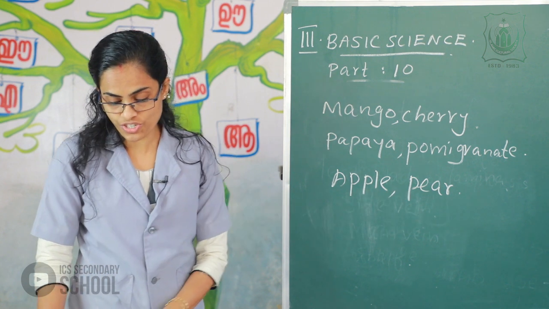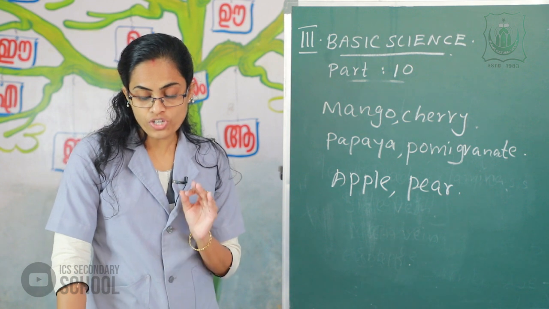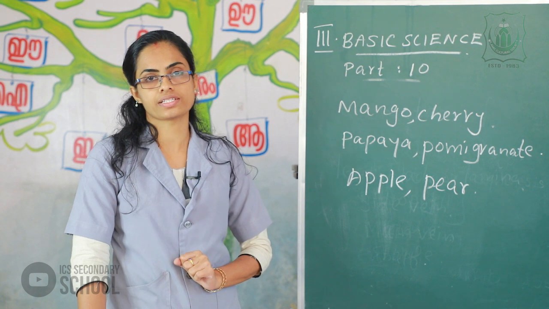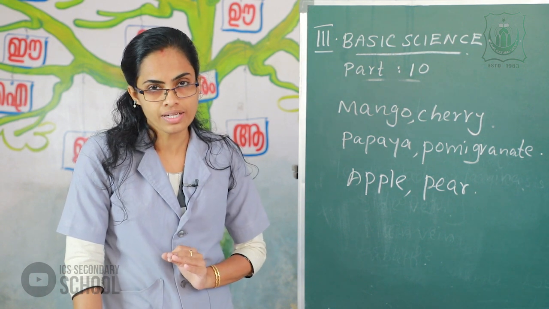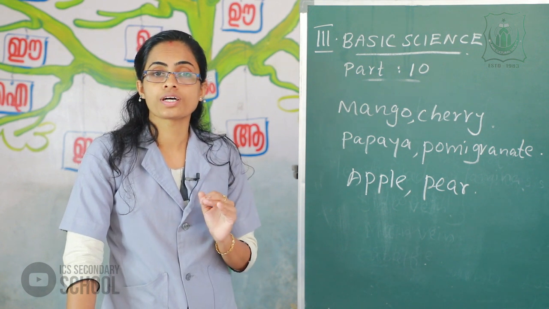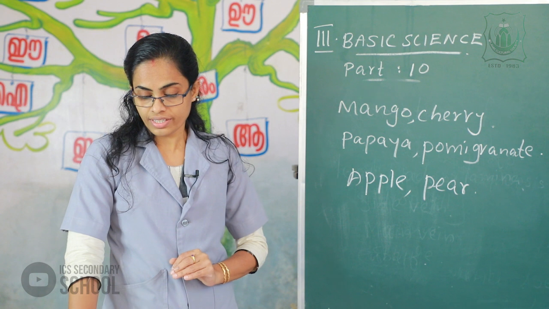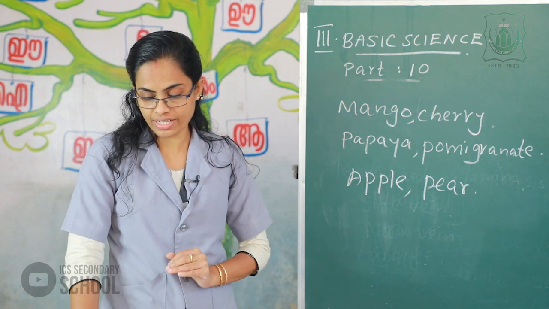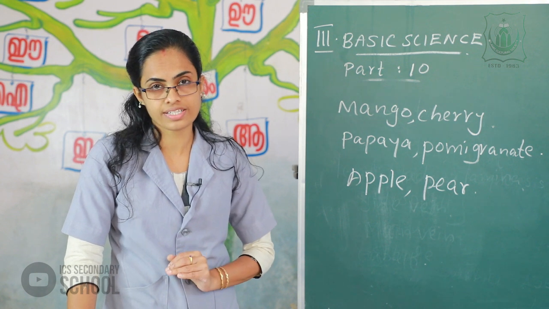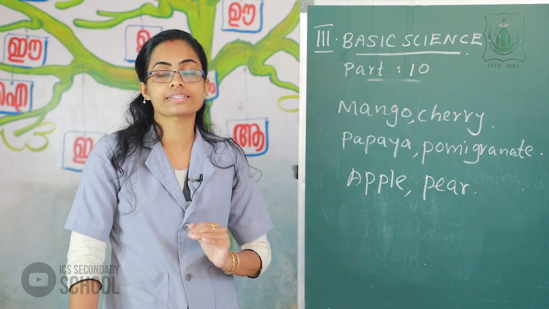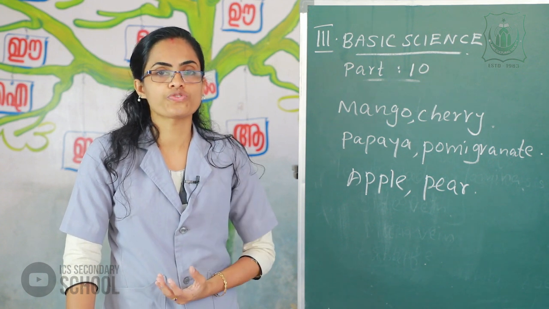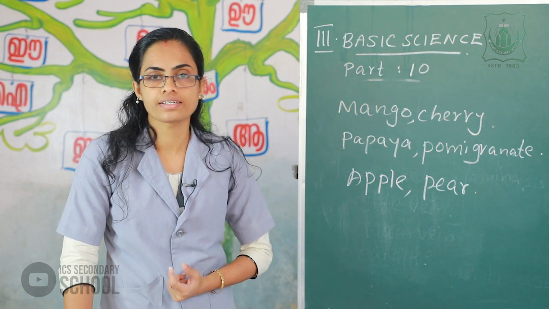Clear? The next one, most new plants grow from seeds. The fruits protect the seed. The seed has a baby plant. When the seed gets enough air, enough water and sunlight, the baby plant inside it starts to grow. Then what is the function of fruit? It protects the seed.